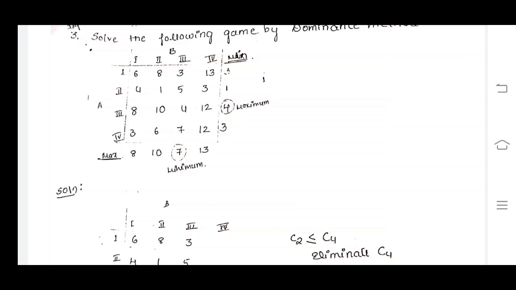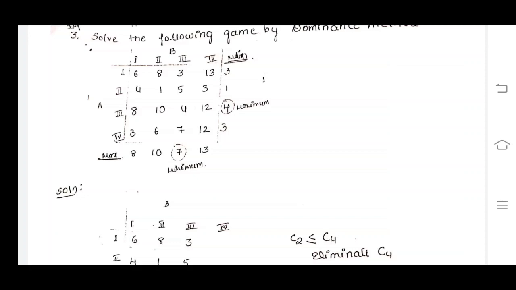Now we can delete column 4, and the remaining 3 strategies of player B will be written as they are. Only column 4 is deleted and the remaining 3 columns are written as they are, but we are not doing any reduction for the rows. We have applied only the dominance rule for the column.